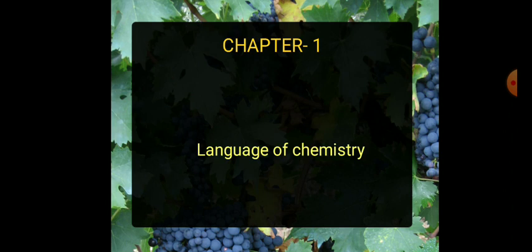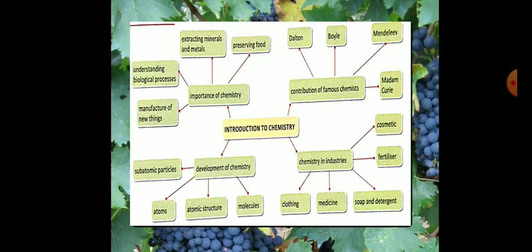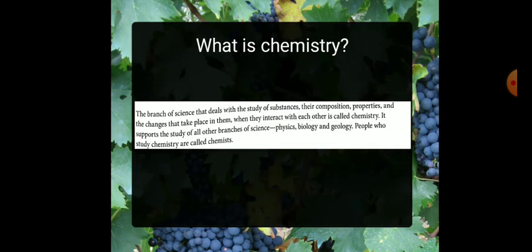It also helps us to understand many changes that we see around us such as ripening of fruits, rusting of iron, spoilage of food, etc. It also helps us to understand the biological processes that happen in plants and animals, for example, respiration, photosynthesis, etc. It helps industries make many useful things such as fiber, glass, paper, steel, cement, soaps, detergent, medicine, plastics, etc. It helps us to understand the harmful effects of some chemicals on the environment.